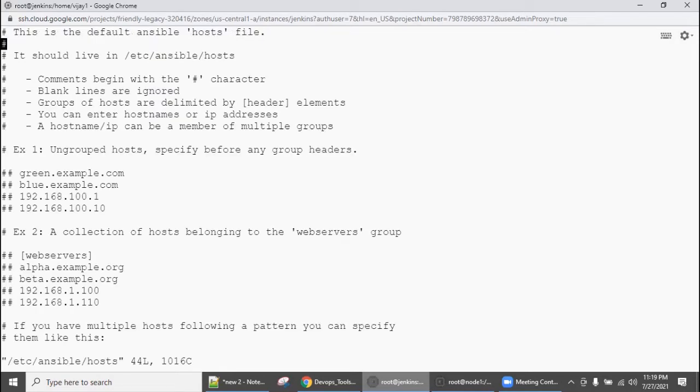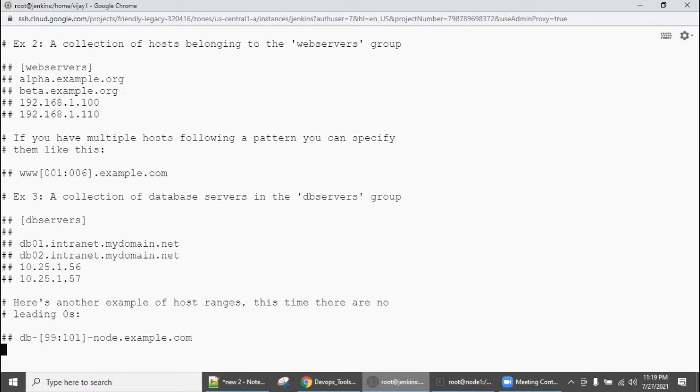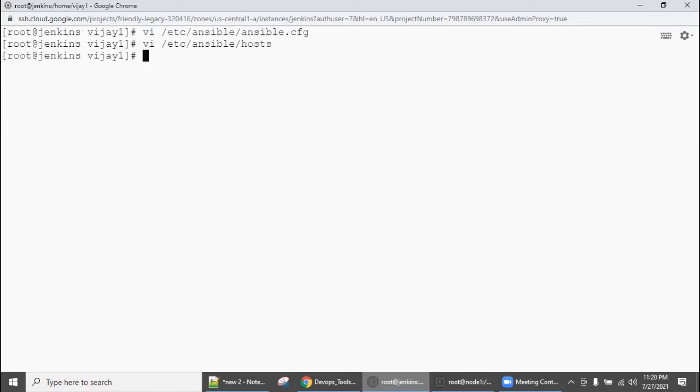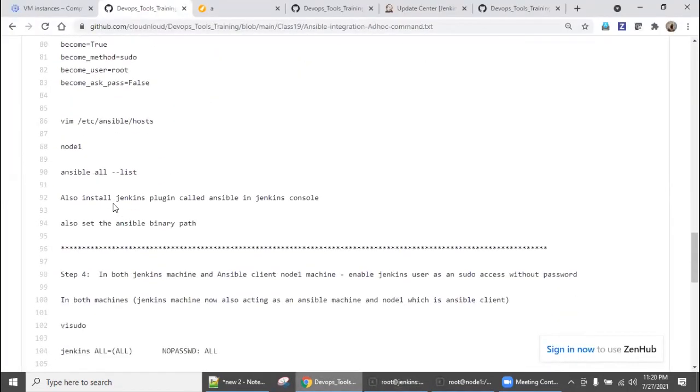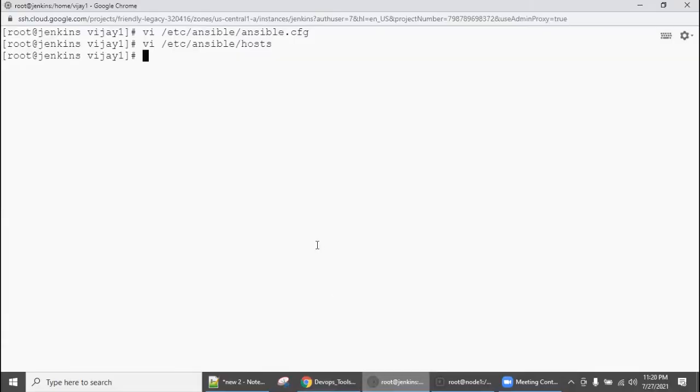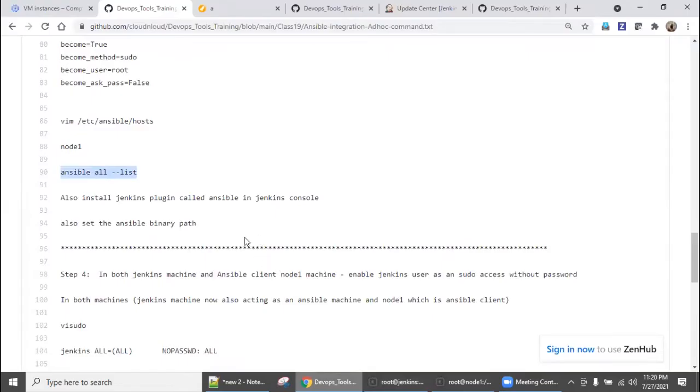And then the other file, /etc/ansible/hosts, right? Go there, and in the last line you add node 1, right? If you have hundreds of nodes, you need to create a group and add it, or add all the individual hosts. So now this section is completed. Come down, you need to run this command to make sure you are good to go. Yes, now Ansible is showing one client.